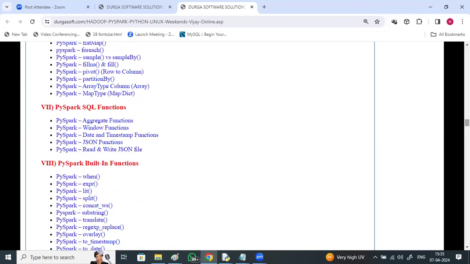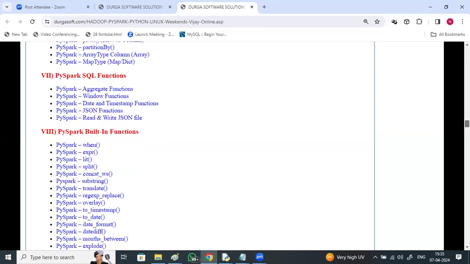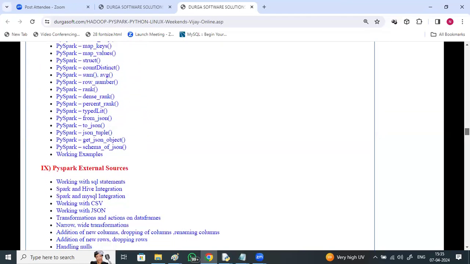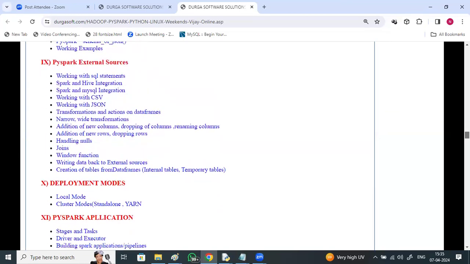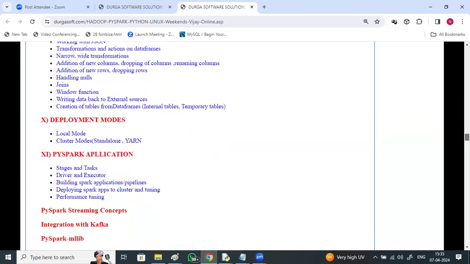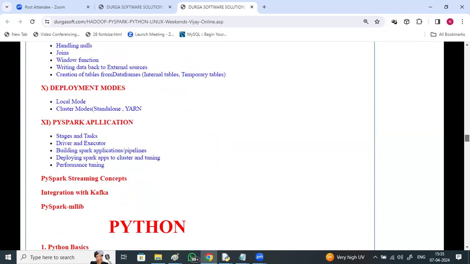PySpark SQL functions, aggregate functions, window functions, date and timestamp functions, JSON functions, reading and writing JSON files, PySpark built-in functions, PySpark external sources, deployment modes, PySpark applications, stages and tasks, driver and executor, narrow transformations and wide transformations, building Spark applications and deployment to a cluster, performance tuning, PySpark streaming concepts, integration with Kafka, and PySpark ML.